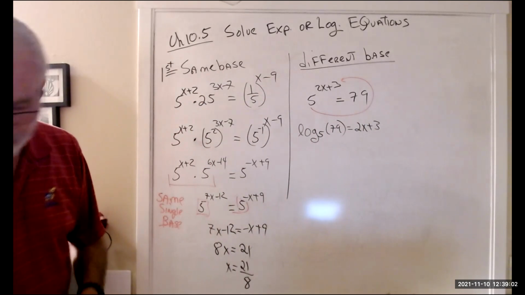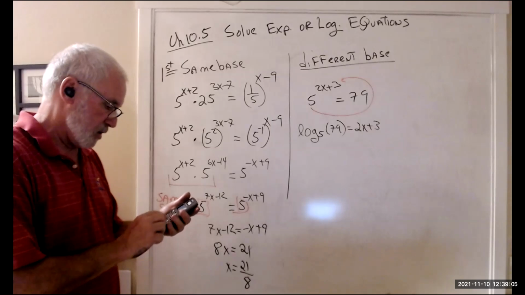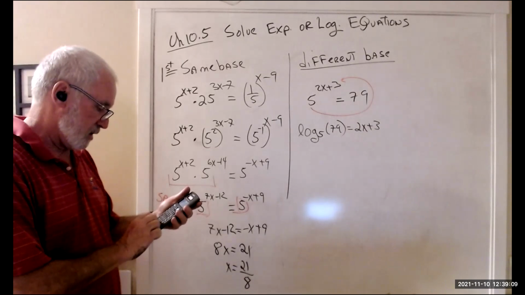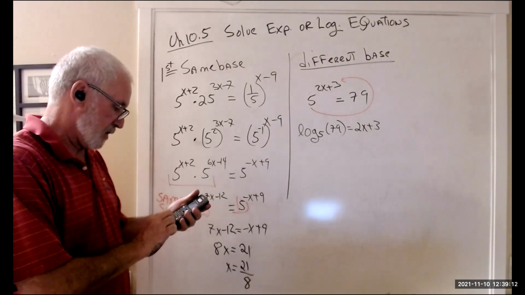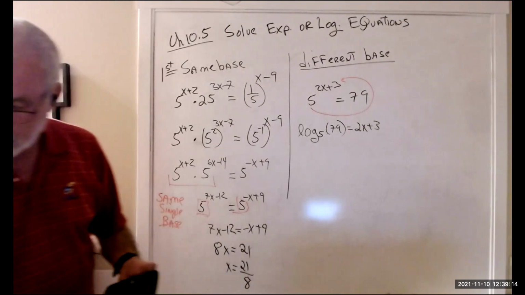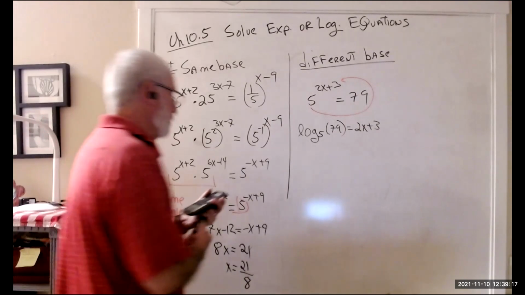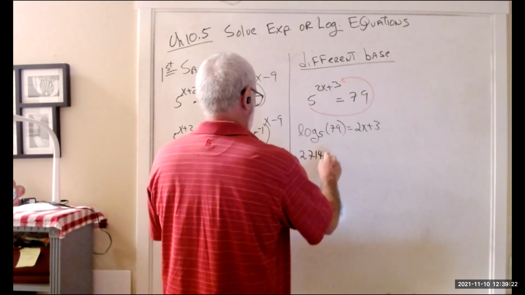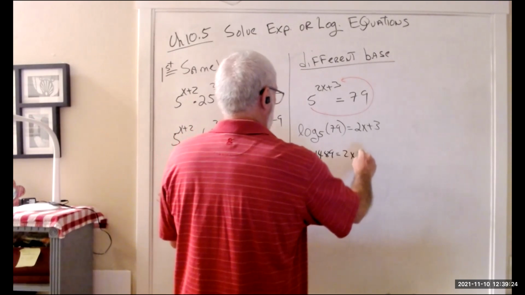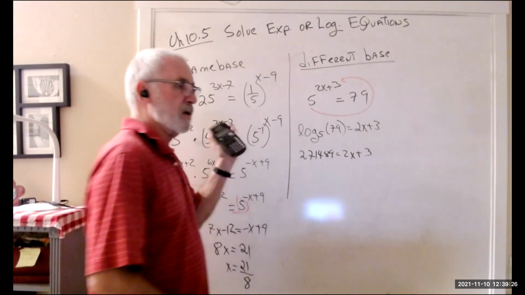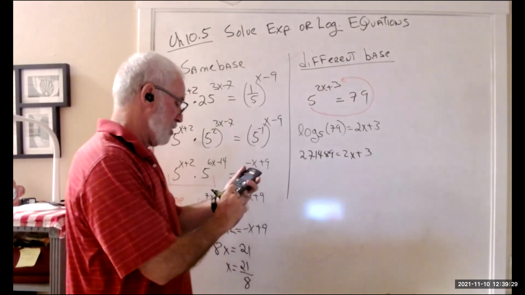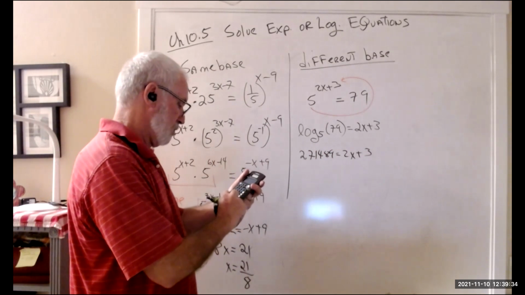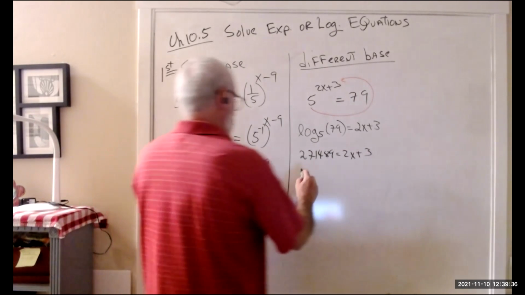So turn it on, clear. Log base 5 of 79, boom. So I get 2.71489 equals 2x plus 3. The rest of this I'm going to do on my calculator. I'm going to take away 3 and then divide by 2. And I get negative